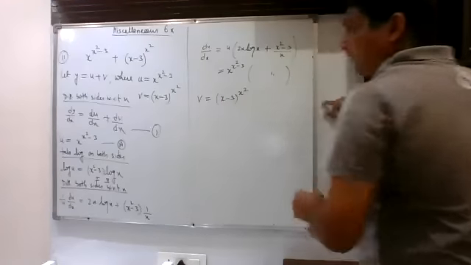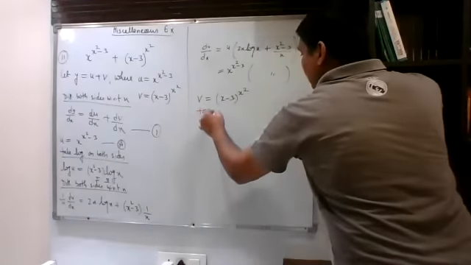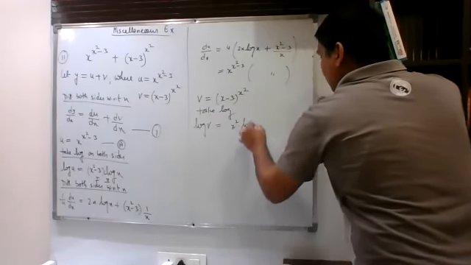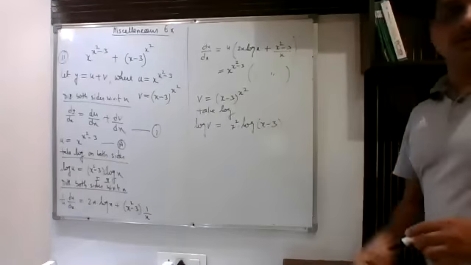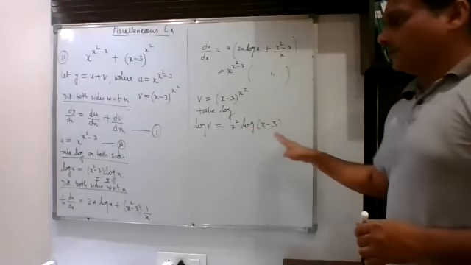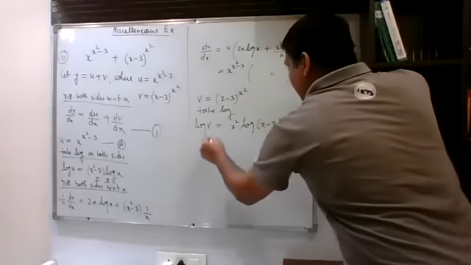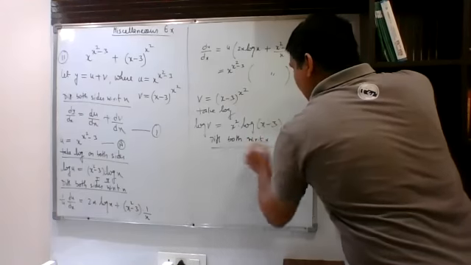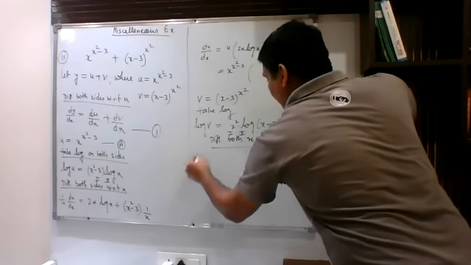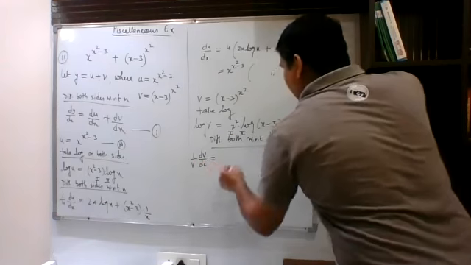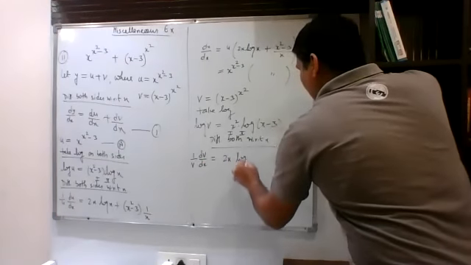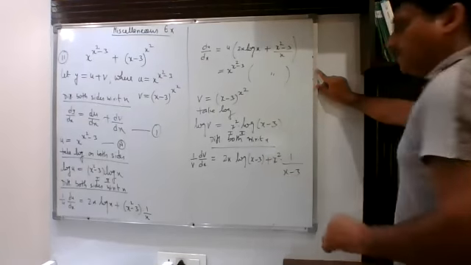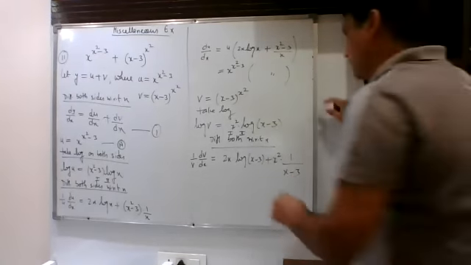Now here again you will say take log on both the sides. So log v can be written as x square into log of x minus 3. So by taking log on both the sides, after this you will differentiate both the sides with respect to x. This is first function, this is second function. So here it is 1 upon v dv upon dx. And here it is 2x log of x minus 3 as it is plus x square as it is, derivative of this is 1 upon x minus 3. Shift this v on other side and put the value of v from this number b.